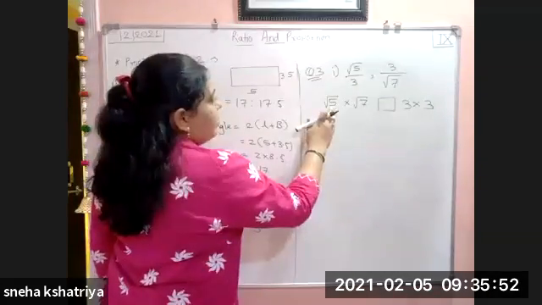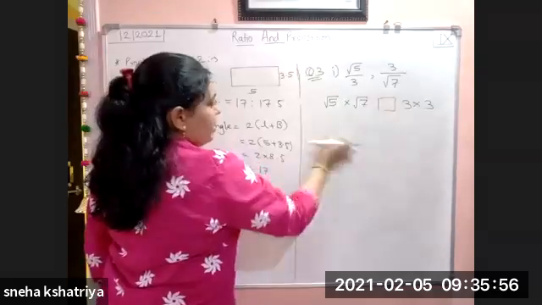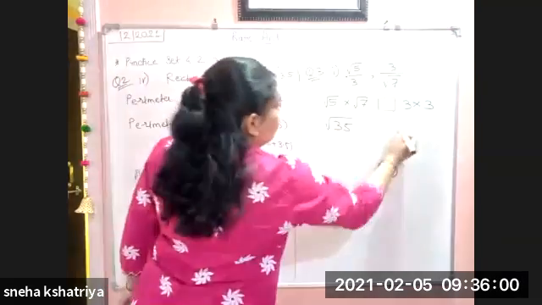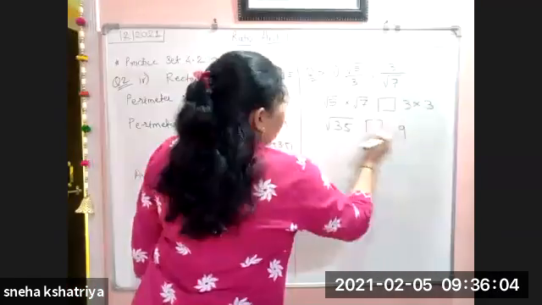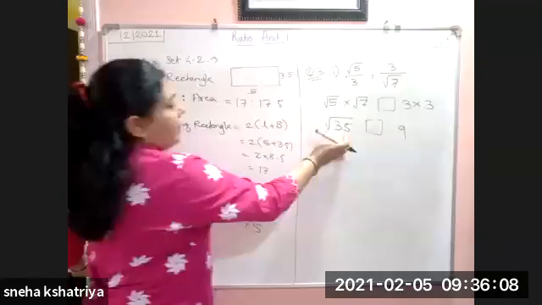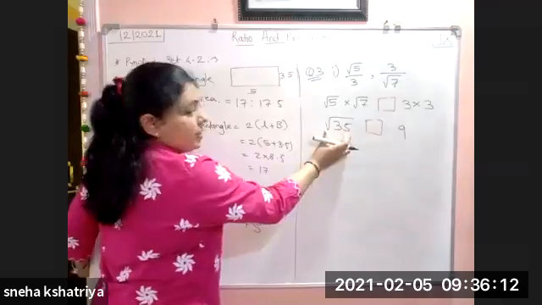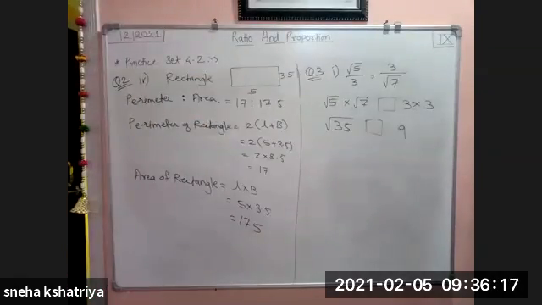Okay. 5 7s are, because multiplication is there and 2 roots are there, so multiplication can be carried out. 7 5s are, it is 35. 3 3s are, here it is 9, and here it will come again a box. Now see here, 35. 35 is near to which square number? Now 35 is near to 36 and 36 is 6 square.